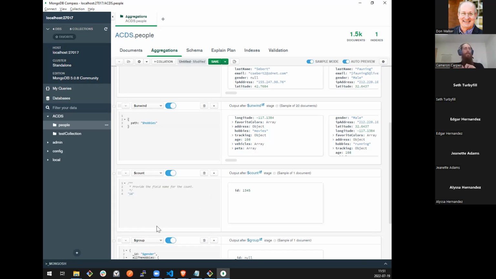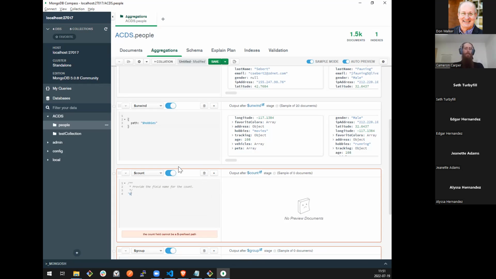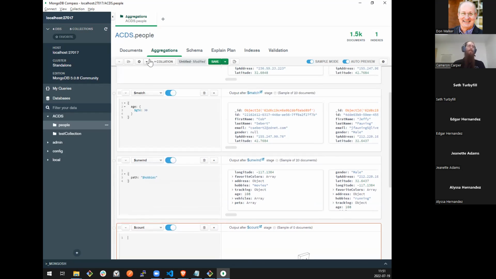That doesn't seem right. All right, I'm doing something wrong with count. What I was hoping to do was look and see how many after we, oh, it's because I've got a filter.